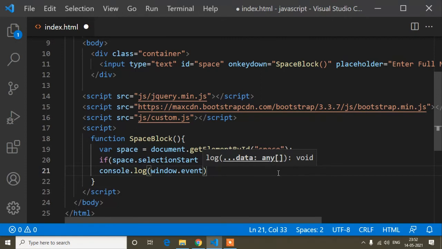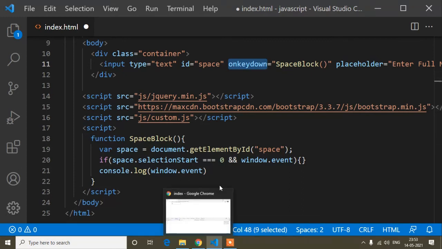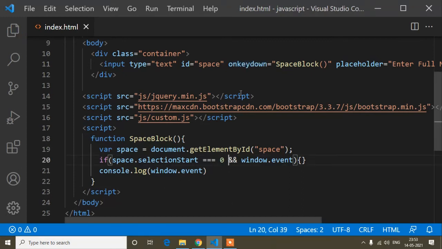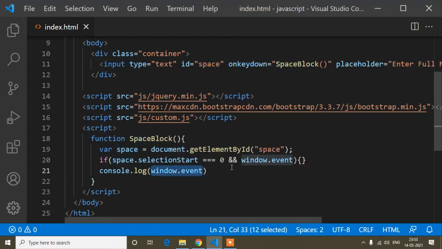That means when I press anything, click will not work here, because I have written onKeyDown. onKeyDown means that method is always applied when I press any key from my keyboard. So when I press any key from my keyboard in this input field, the event I have used will be fired, and I will get all the properties of this event.